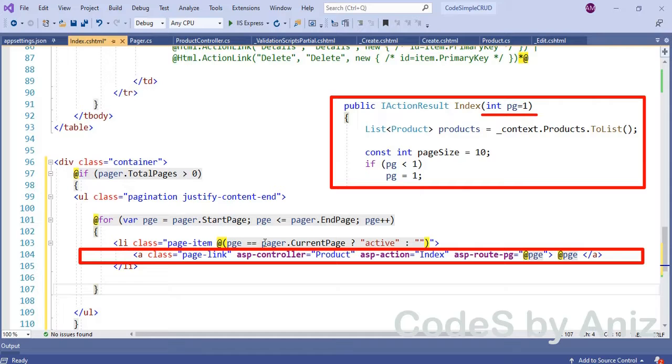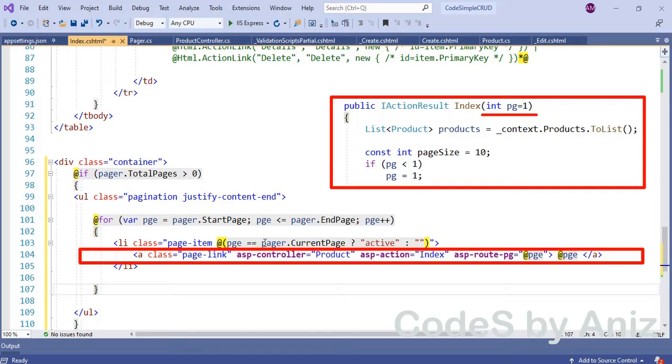Then give asp-controller your controller name. In my case, the controller name is Product, so I gave Product. Then give asp-action the listing action name. In my case, the action name is Index. Then comes the important attribute, asp-route-pg.